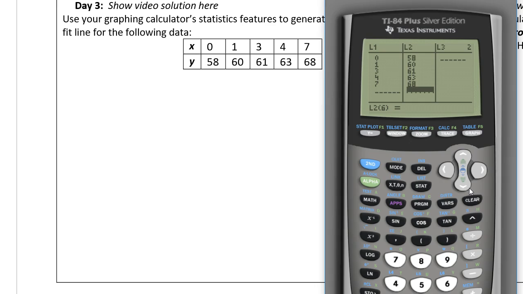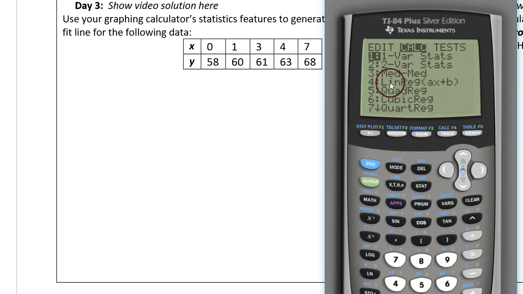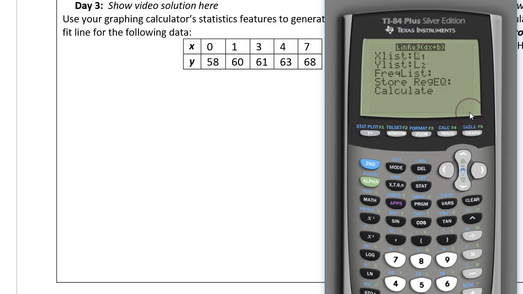Now we want to have the calculator tell us the equation for the best fit line. So push stat and go to the calculate menu. There are many things that it can calculate. We are interested in what's called a linear regression, and that's choice 4. It asks us what data we want to use to do the linear regression. Our X values were L1 and our Y values were contained in L2. If for some reason these list names don't match the correct columns, then change them to the columns that contain your numbers. My calculator has the correct two lists, so I'm going to cursor down to the word calculate and